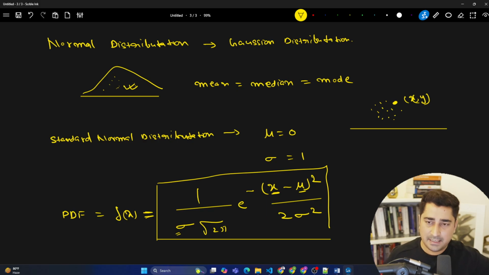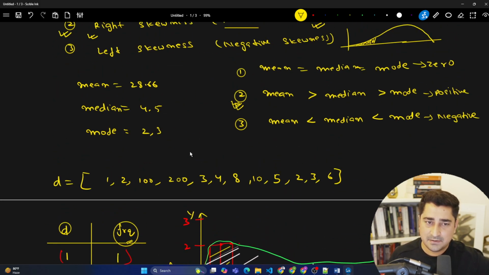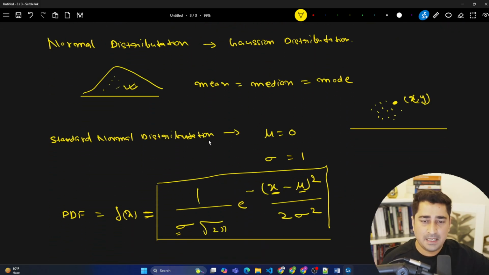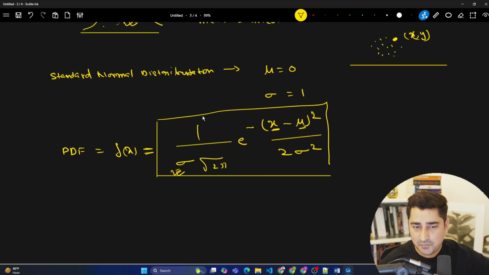So if I have a data set given to me, I already have the x coordinate with me, right? And for this whole data set, I will be able to find out the standard deviation. I will be able to find out this mu, which is nothing but the average mean. And if I'm able to find that, then for every x, meaning for every individual data point, I will be able to produce y. This is what it is trying to represent, and that y is going to give you a dot.